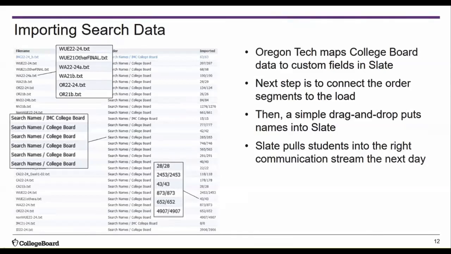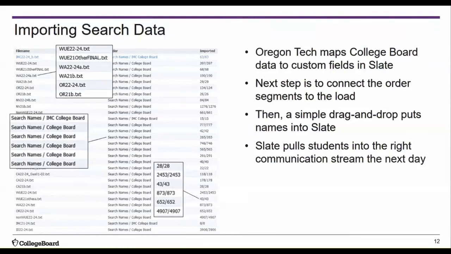In Slate speak, a person record is a prospect, inquiry, or applicant. Out-of-the-box search matching and person status rules prevent dupes, and fuzzy matches are easily resolved using consolidated records. I mentioned before that Oregon Tech is a small, mighty, and in terms of our various enrollment streams, a complex institution. So it is imperative to maintain clean, actionable data on the person record at the top of the funnel.